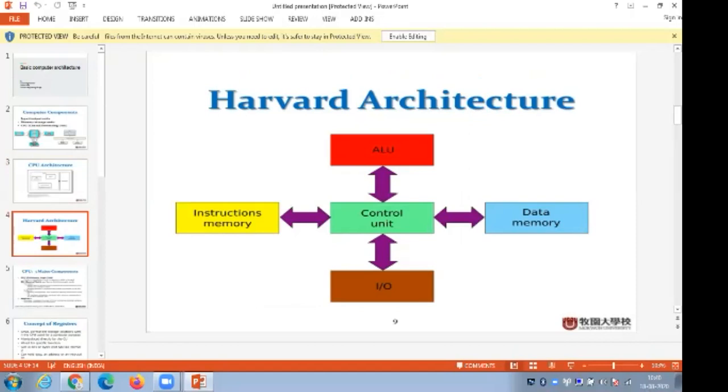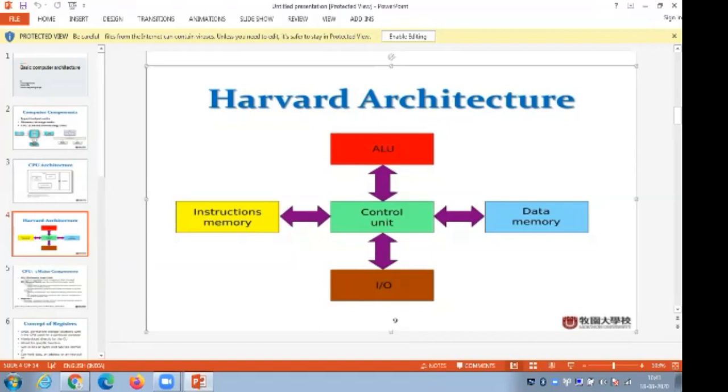In a hardware architecture, we have the ALU (arithmetic logical unit), control unit, instruction memory, data memory, and input and output devices. In the second slide, I showed you how the CPU is linked together. This is also a hardware structure, linked internally in the computer, where the arithmetic logical unit is directly linked to the control unit, and from the control unit it is directly linked to the input and output devices. An instruction memory is linked to the control unit, and then it gives to the data memory.